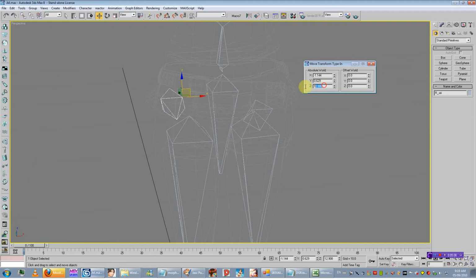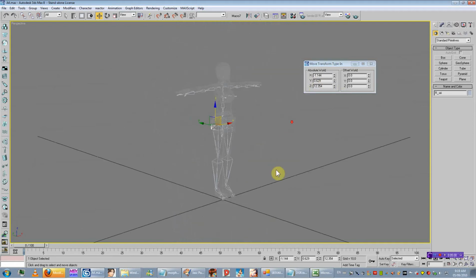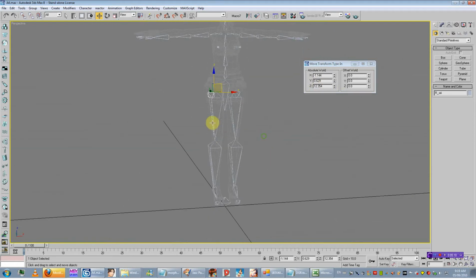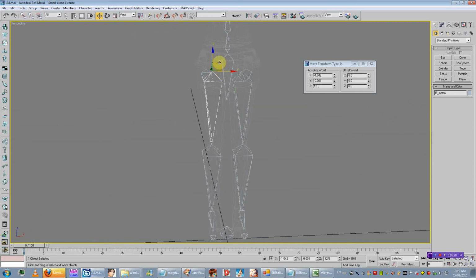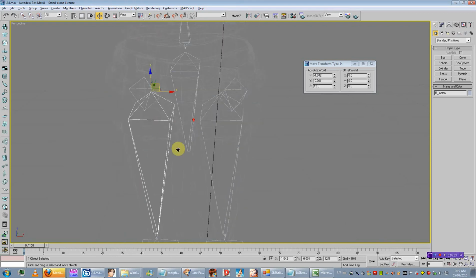Alright, so that's mirrored. Because it's in a chain or hierarchy, the children will move with the parent. I know that sounds really corny. I don't know who invented the terminology, but that's what the terminology is. So yeah, like I can move that away from that because that's the parent. But, or no, I said that backwards. I can move that because that's a child, but if I'm moving the parent, then it moves everything. Whatever,